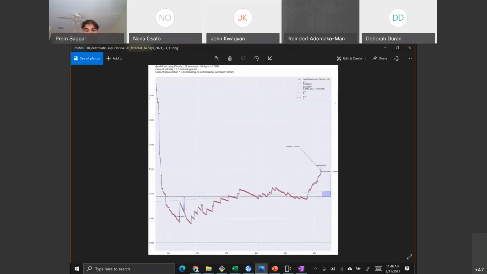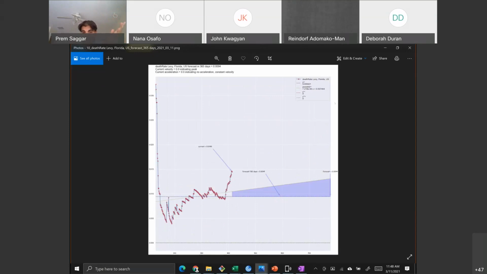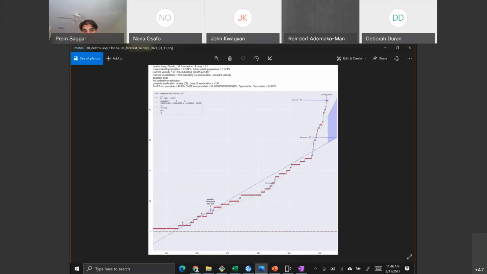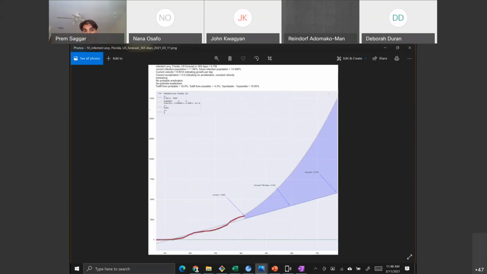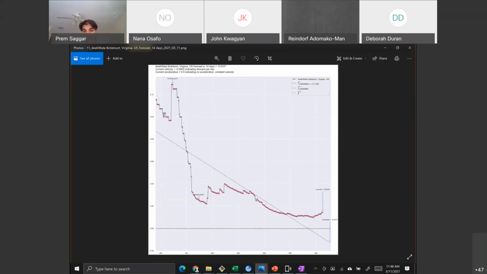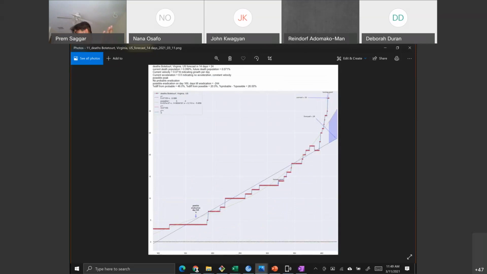And so in the same screen, this is not Virginia. This is, I want to say, Levy, Florida. Levy, Florida went from roughly 25 to 45 in the span of 2 weeks, right? And so this is a big digression from what the trend was. So there are definitely hotspots, and something is going on in Virginia. Does anybody know? Has anybody seen or heard anything?